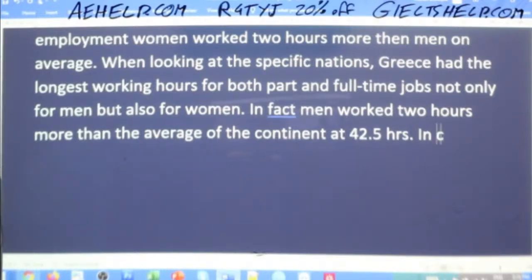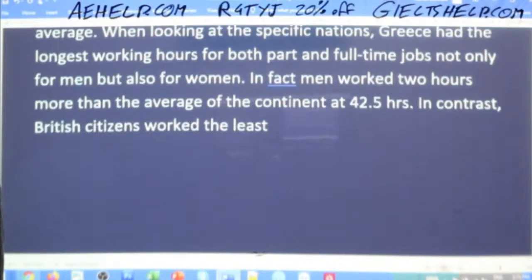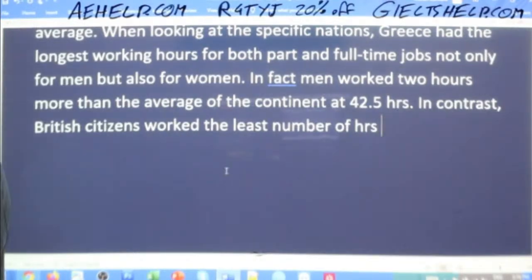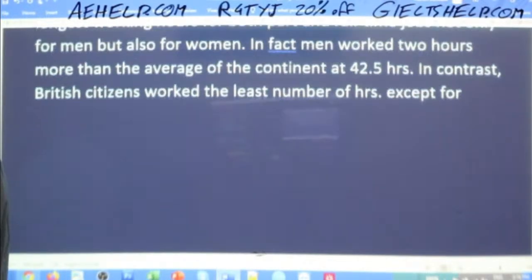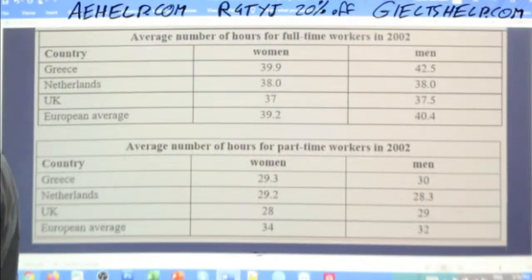Now, in contrast, British citizens worked the least number of hours. Whoop, mishit there. Except for, okay, so again, using human language, right?